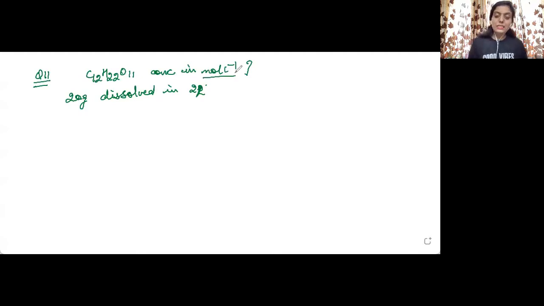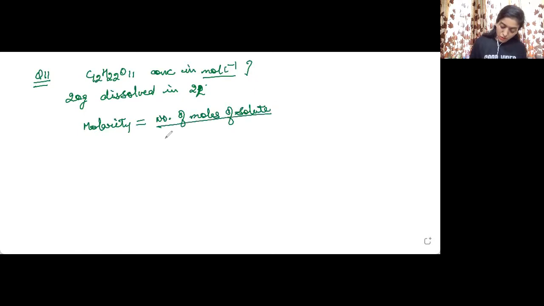Now, when we are expressing the concentration in mole per liter, this means we are expressing it in terms of molarity. So units of molarity are mole per liter. This means straightforwardly we need to find out what is the molarity of the solution. So now first of all write down the formula for molarity. It is molarity is equal to number of moles of solute upon volume of solution in liter. Okay, now we need to just know the two values, the number of moles of solute and volume.